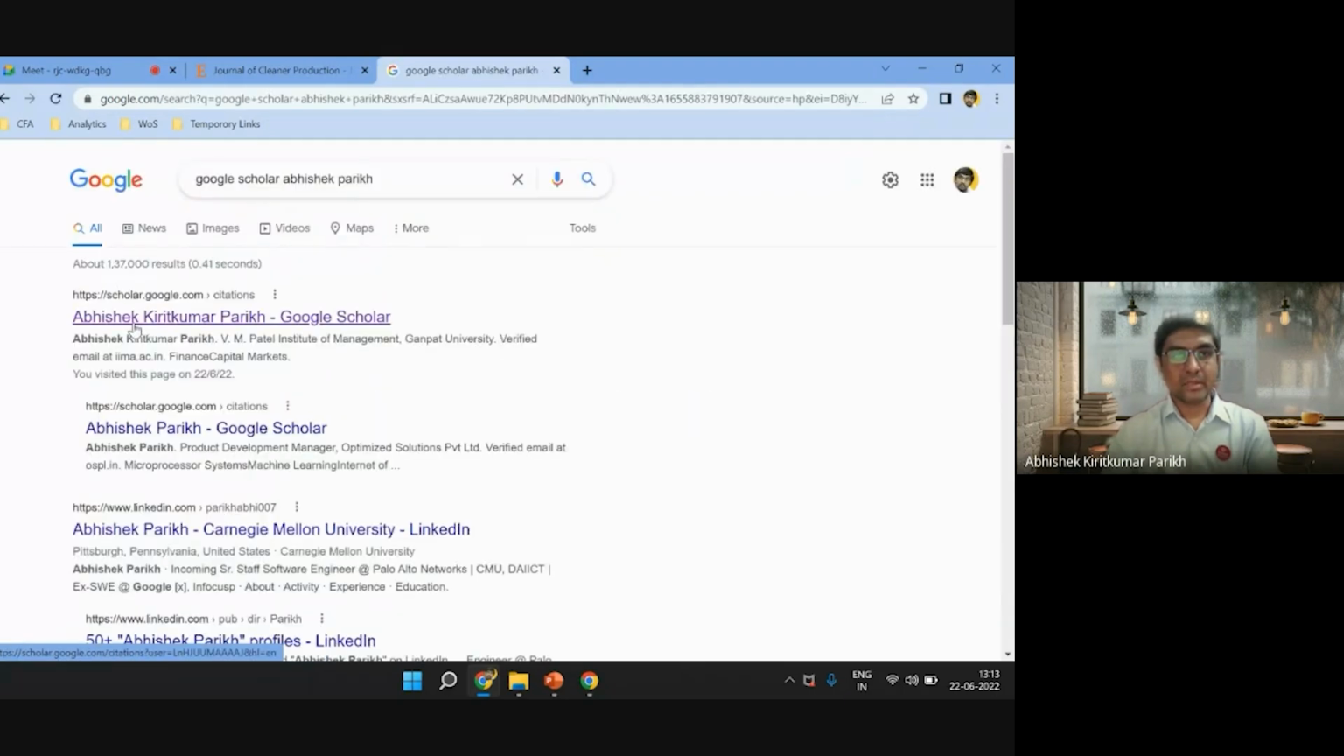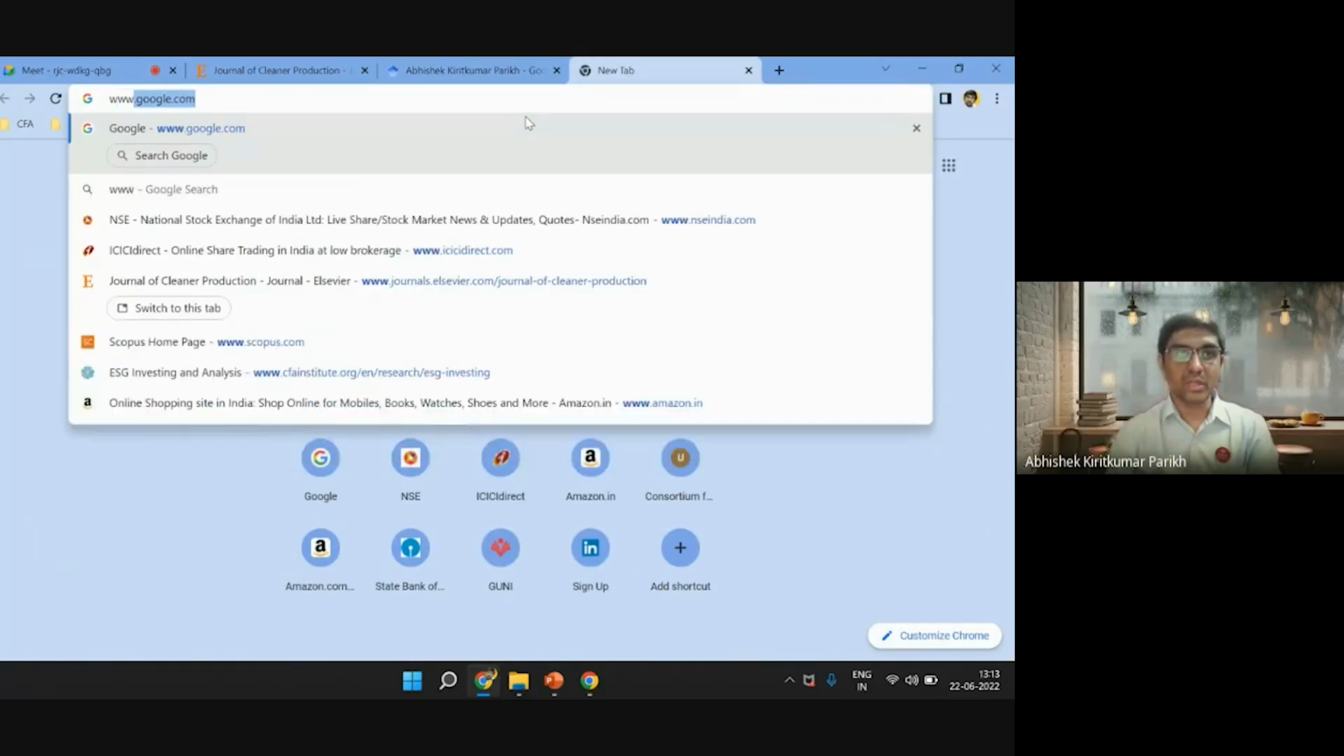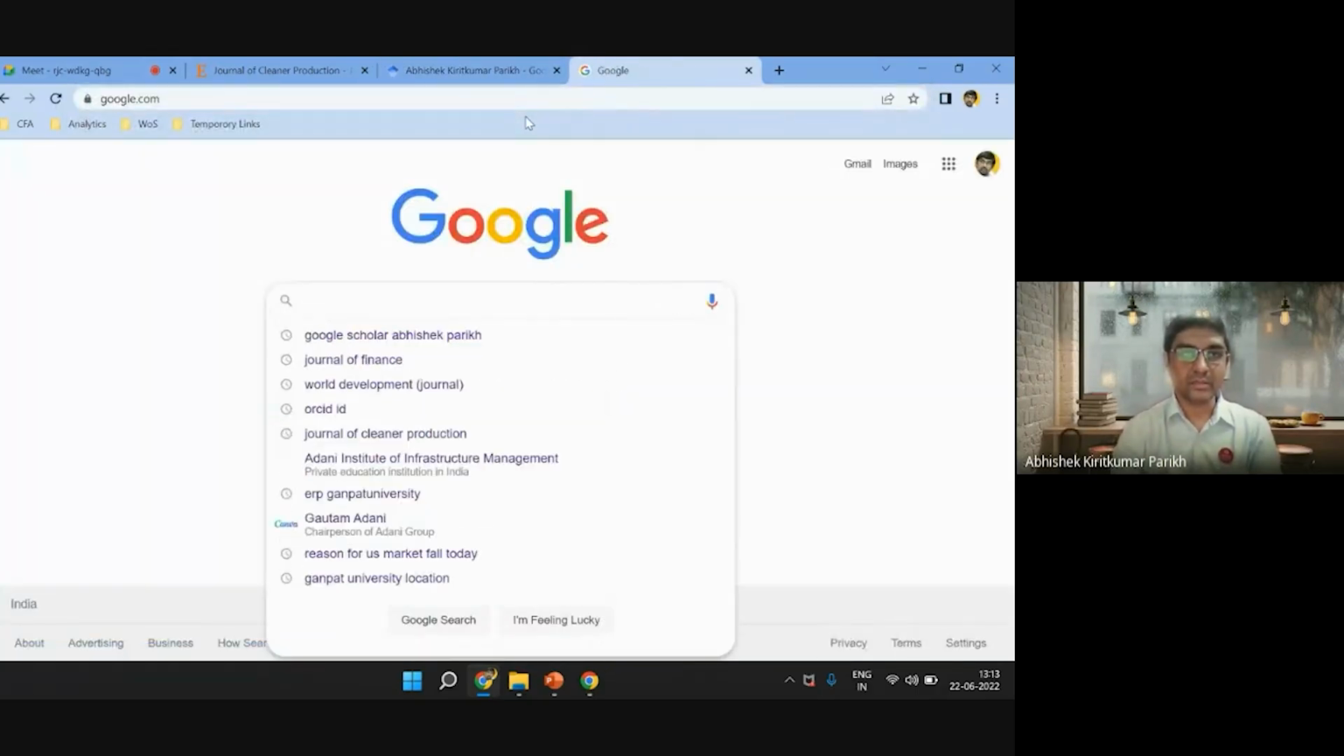For example, when I'm creating this profile, many of my articles are not added yet. I need to update my profile. But let's say, for example, this 27 citation may be of Scopus, may be not, right? But when we talk about the same profile in the Scopus author profile,